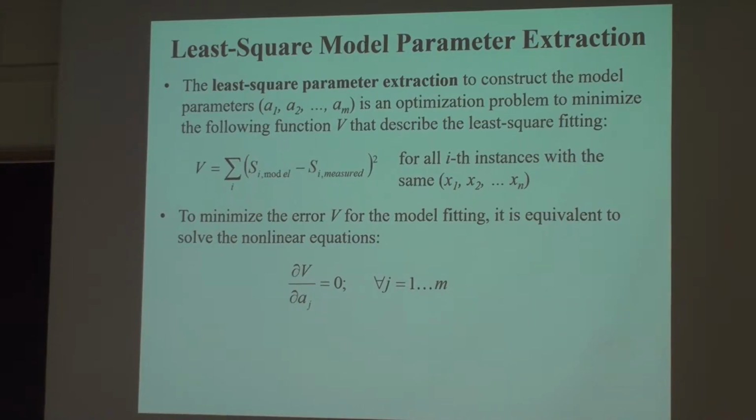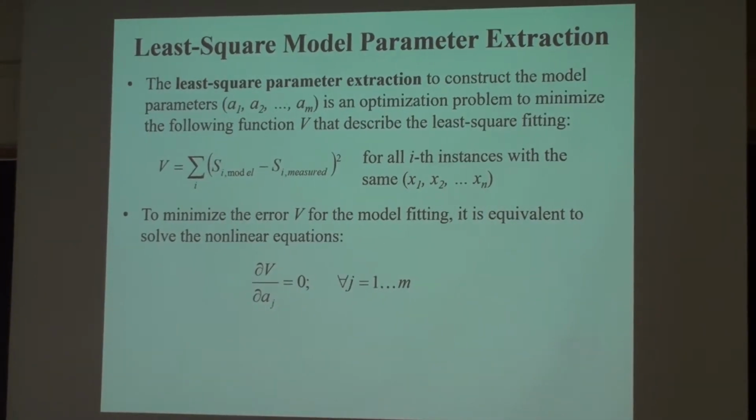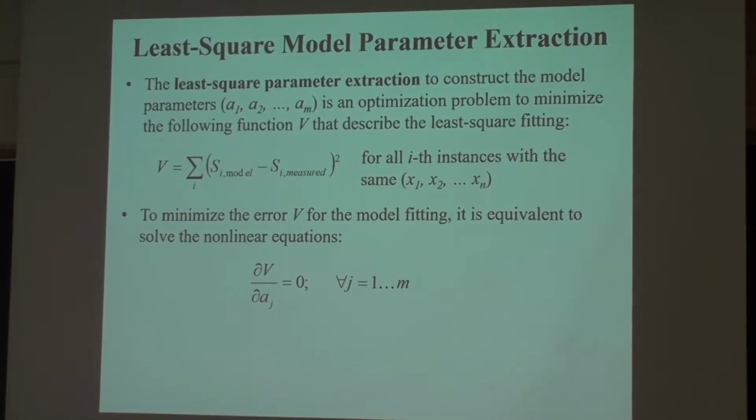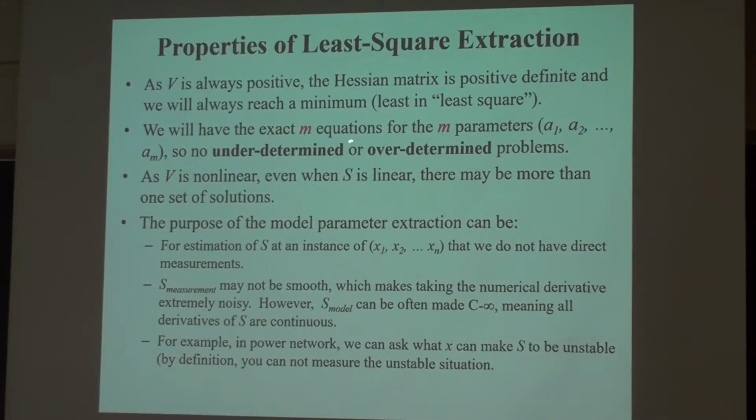That means your model is very poor. Big deal, but you still have a solution. The form of the sum of the square minimization problem always has a solution. It can have multiple solutions, but it can always have at least one solution. So this is described here.